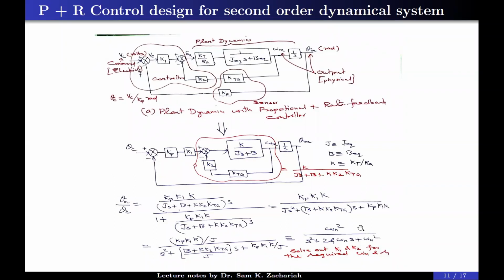The purpose is now to study the effect of the zero compared to the standard dynamics if you are using the same gain. So you have to put that question in that way. What is the effect of the additional zero if you are using the same gain as in the case of rate feedback, but instead of rate feedback, you put it in the forward path? An additional zero will come. What is the effect of the zero on the closed loop dynamics? That is the objective. Clear?